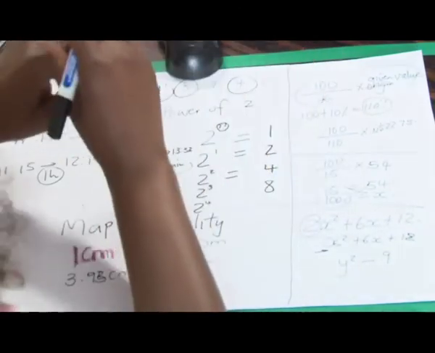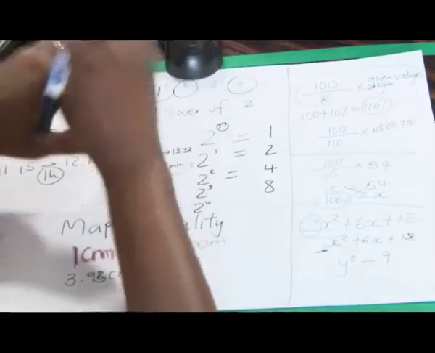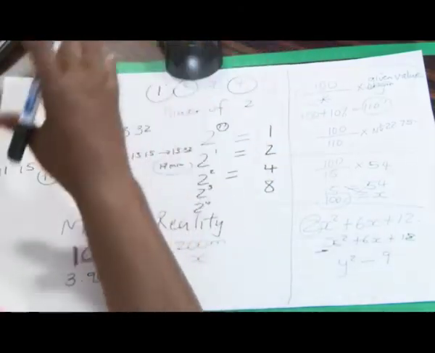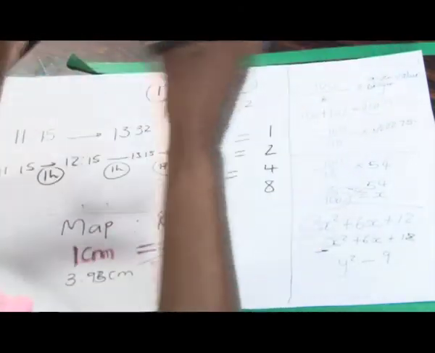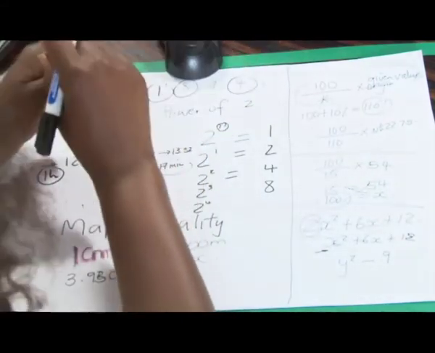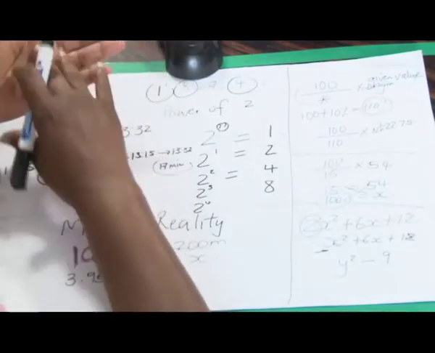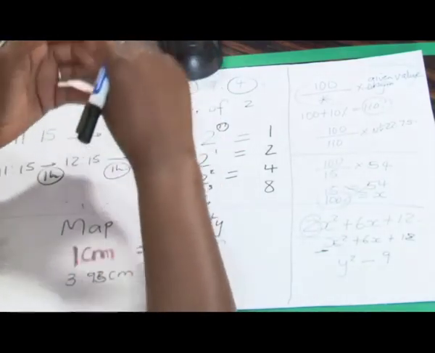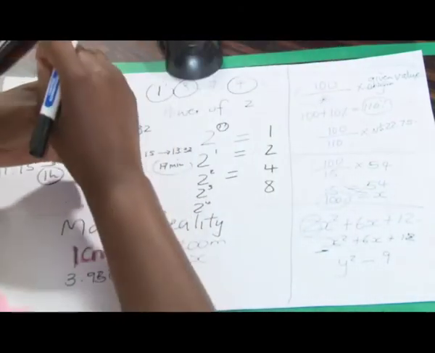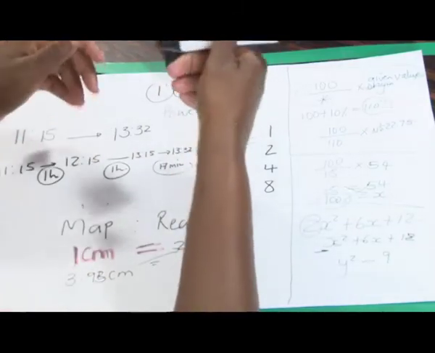Then we have logarithms. That is another part of mathematics that most of you don't do well at all. With logarithms, you should know how to switch between logarithm and indices. They are mother and daughter. In index form, if I have 2 power 6 is equal to 64, then in logarithm form I say log base 2 of 64 equals 6. In log form, it asks: 2 raised to what power gives 64?